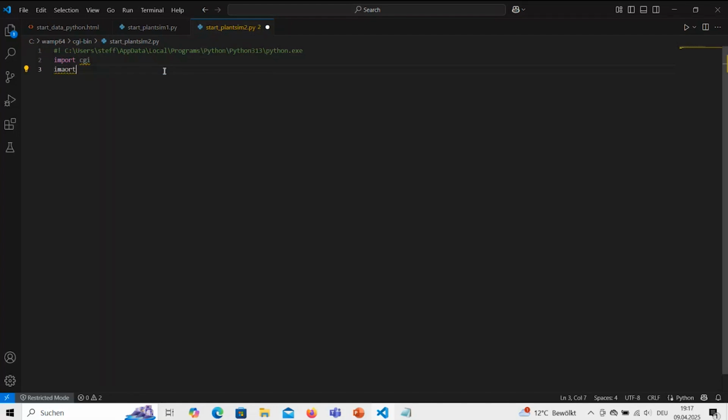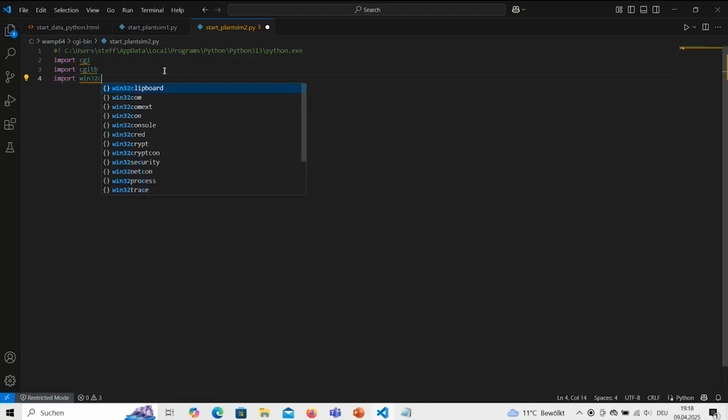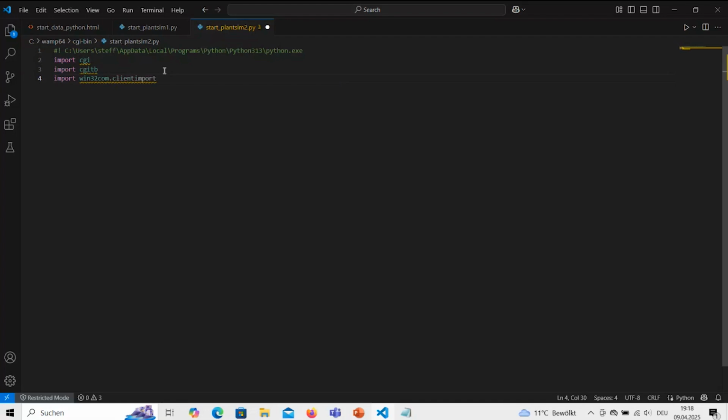And so you need to install legacy-cgi to be able to use the basic CGI functions in Python. cgitb is for error handling. win32com we need for communication with Plant Simulation. And I need time.